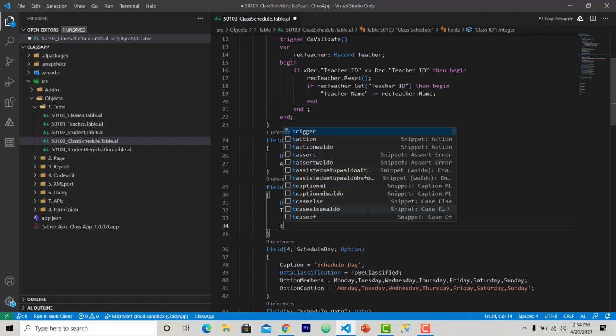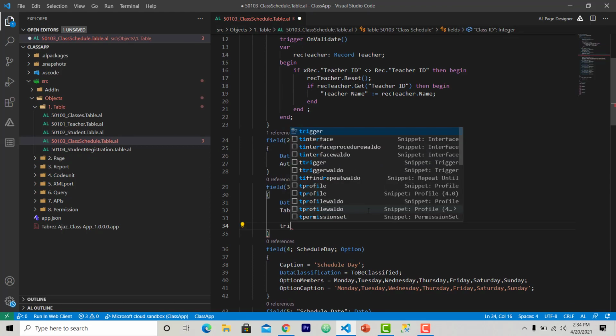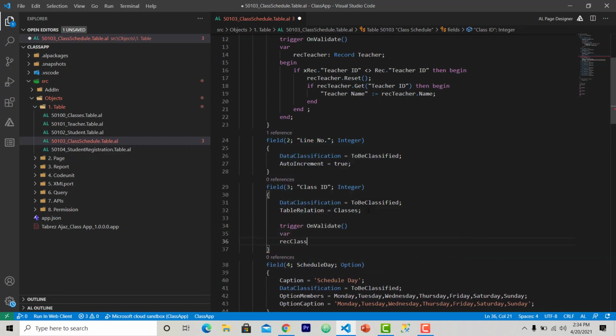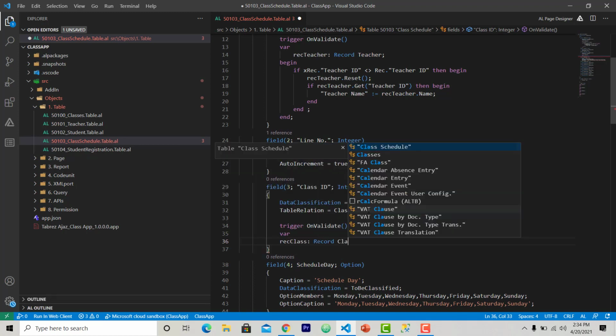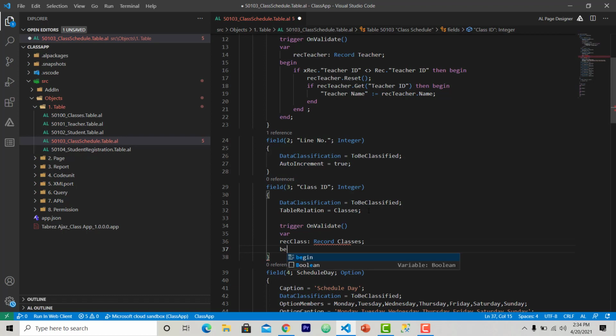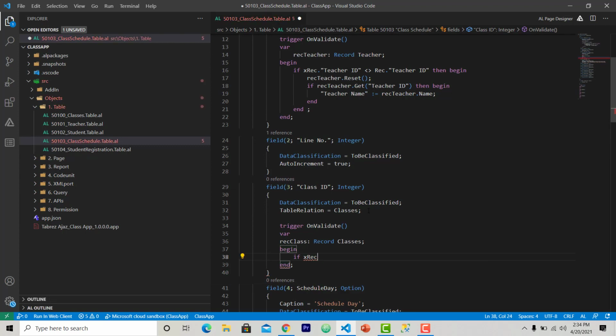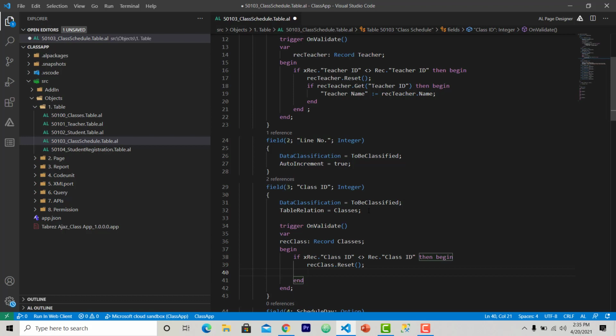So here I am going to write trigger on validate var record class record classes, then scope begin end if xrec dot class ID not equal to record dot class ID, then begin and record class dot reset, to reset my class variable.